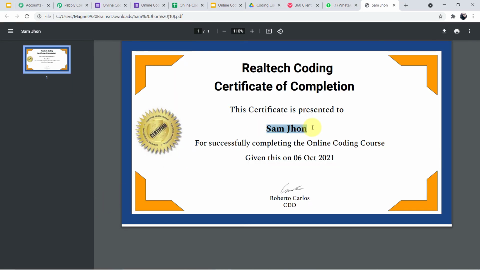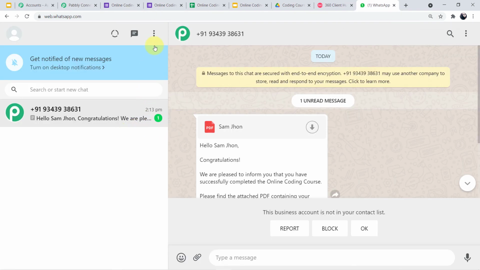Yes guys, you can clearly see the certificate states the name of the student, and you can see the date here. So the integration has successfully worked, the workflow has successfully worked. Now we will go to our form and see if, in real time, when we fill up the form on behalf of our student, the student will get the WhatsApp message or not. And guys, one more thing, I am using the same WhatsApp web to show you the example, because I cannot show you different WhatsApp webs at the same time.